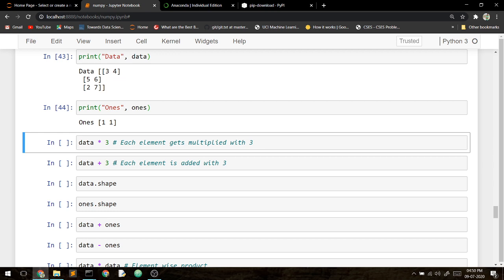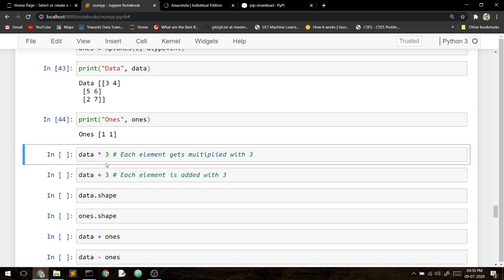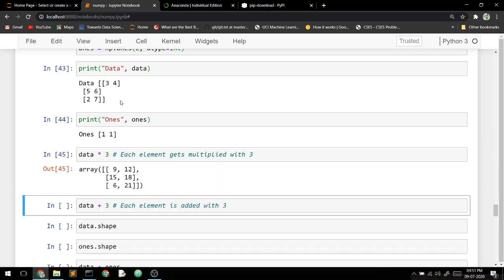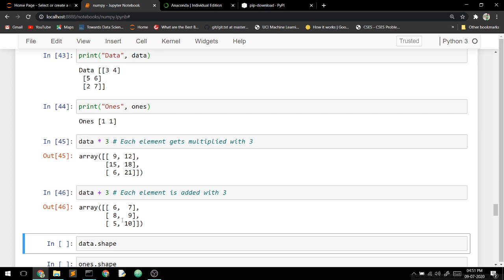Now, the easy operations we can do with a numpy array: the array data multiplied by 3 means each element gets multiplied by 3, without looping through the elements. See, each element 3, 4, 5, 6, 2, 7 is multiplied by 3. Plus 3 means each element is added with 3. So 3, 4, 5, 6, 2, 7 is converted into this one.